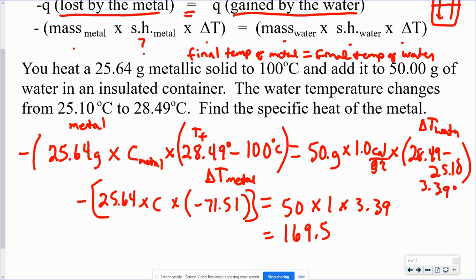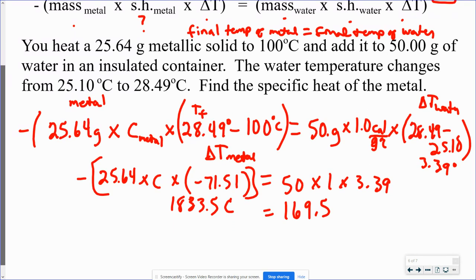So that will be a positive 1833.5 C. Okay, so the negative sign of the metal on the outside cancels out the negative sign of the temperature change, so that ends up with a positive number. So now dividing over the 1833.5,